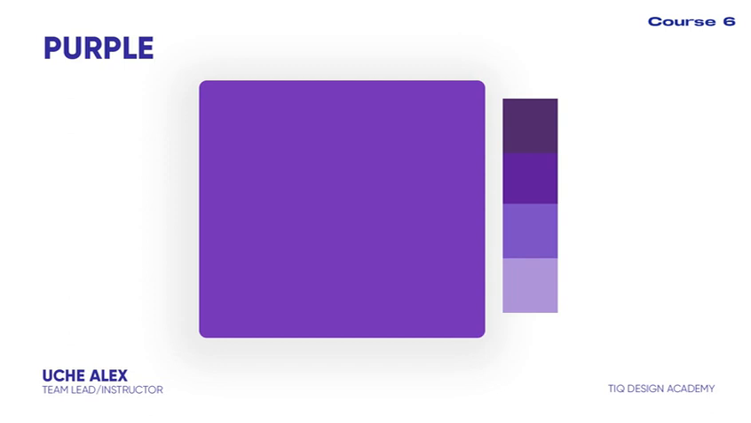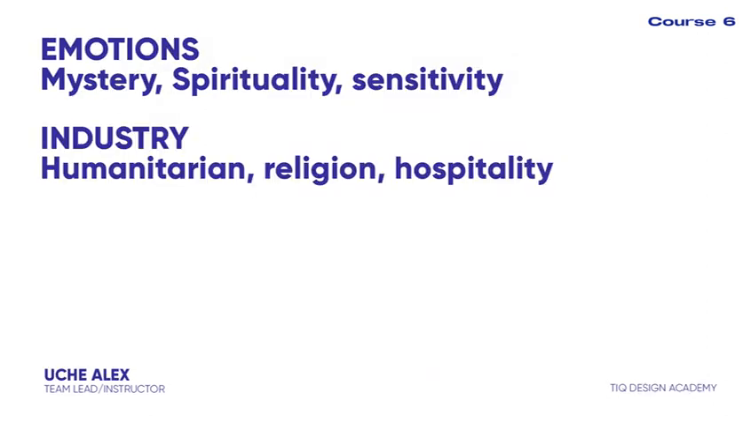Purple is also associated with religion and spirituality. Therefore, it represents luxury, spirituality, mystery, and royalty. So here are the emotions attached to purple: mystery, spirituality, sensitivity. Because of these emotions, purple is used to create an impression of luxury or royalty, and an impression of uniqueness. Here are the industries where purple is used most of the time in graphic design: humanitarian, religion,